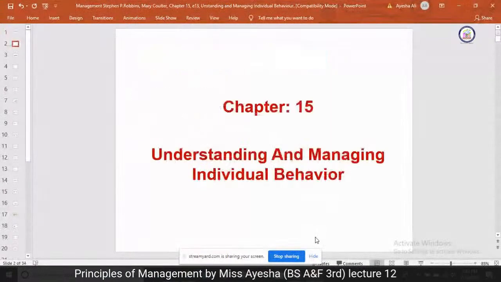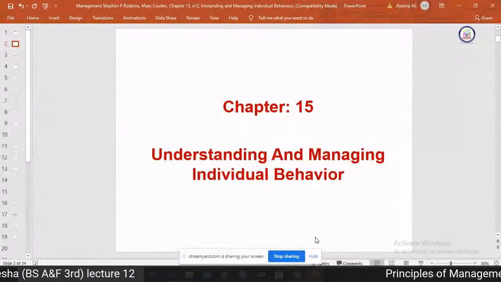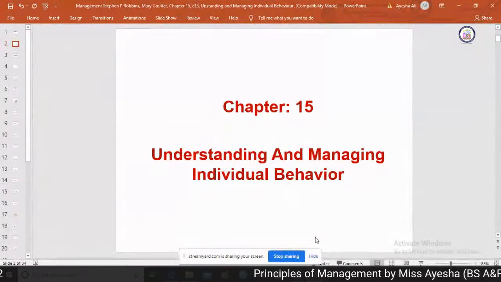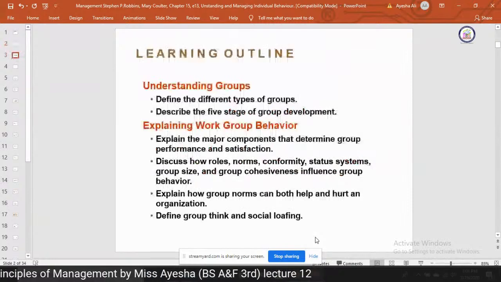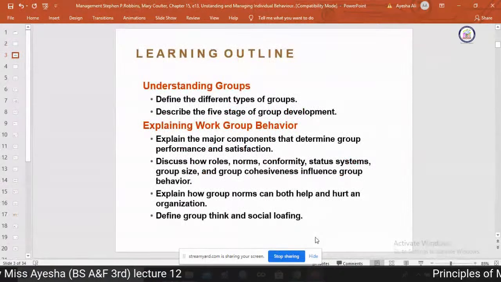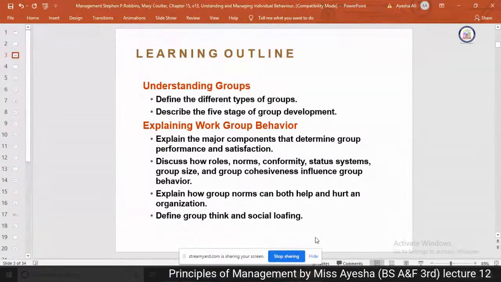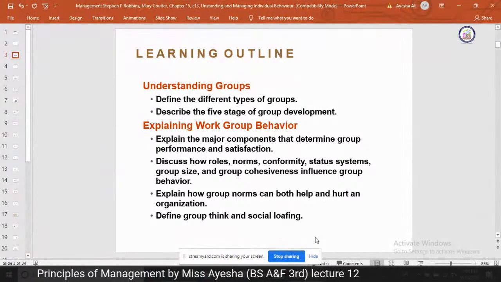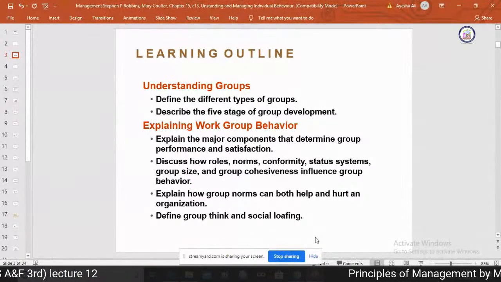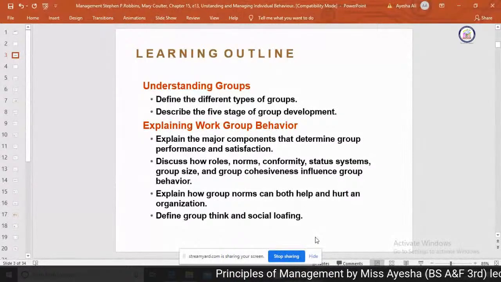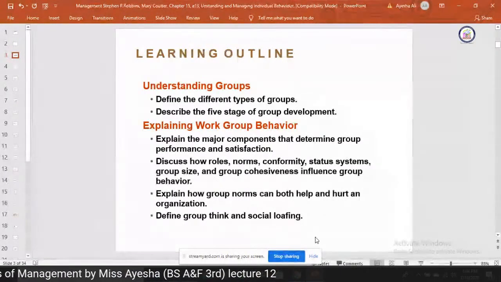This is our last session, and we are going to discuss chapter number 15, understanding and managing individual behavior. In this, we are going to cover some topics, of course, because we have just one session and just 40 minutes. So, we are not able to complete the whole chapter, but we are trying to cover half of it, in which we have groups, stages,